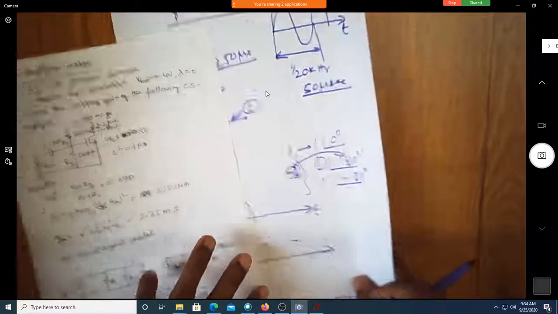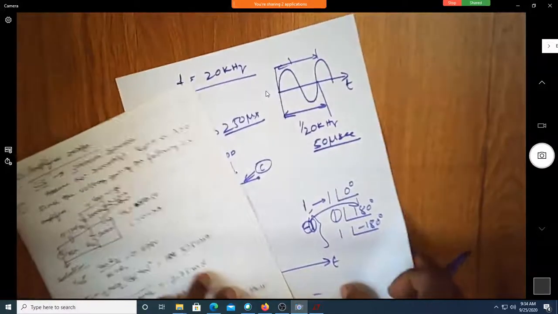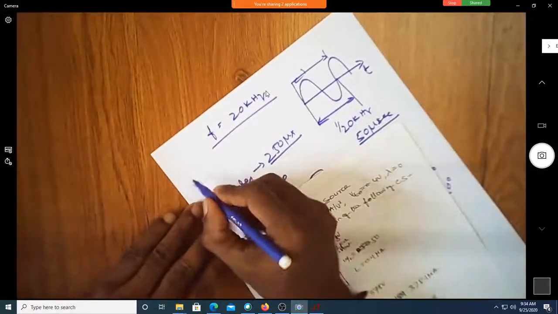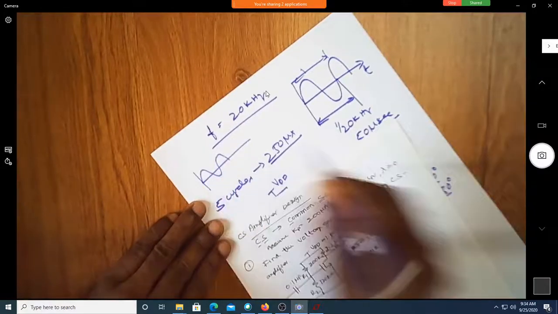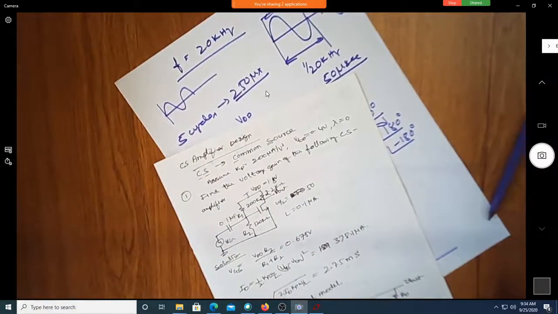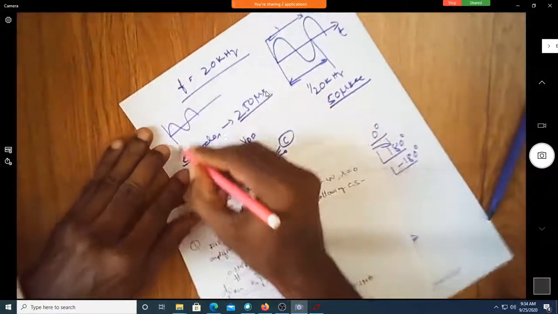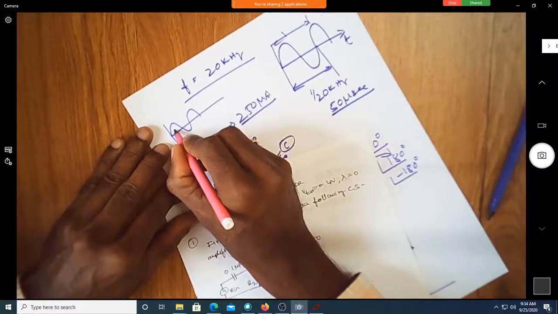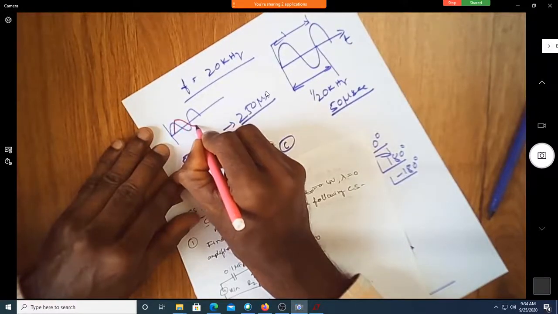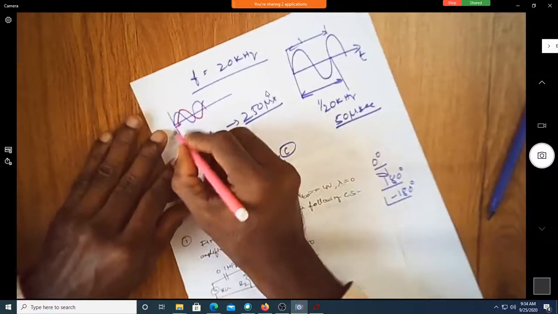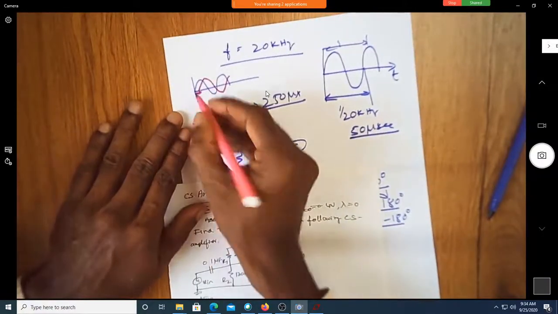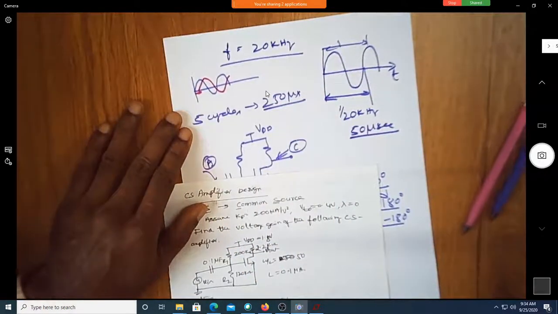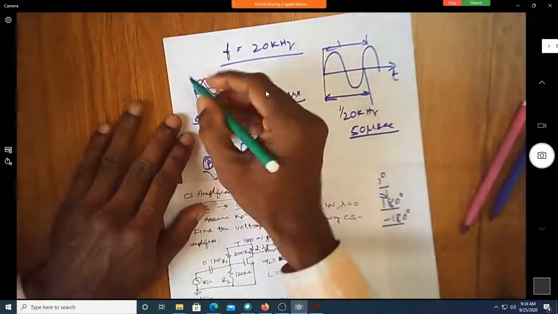What do you mean by 180 degree phase shift? Suppose I write two waveforms. See here, this is one waveform. The other waveform, I'll write it with the sketch pen. I will write one more waveform. See here, it is the same waveform. Can you see this is slightly advanced? So can you see there is a shift in the phase? I can write this way also.